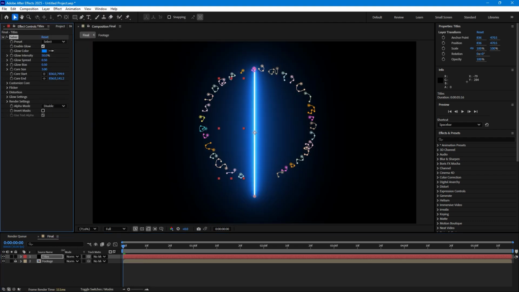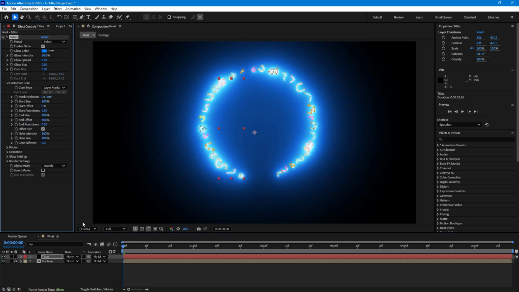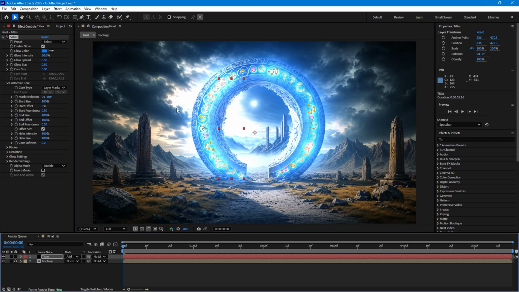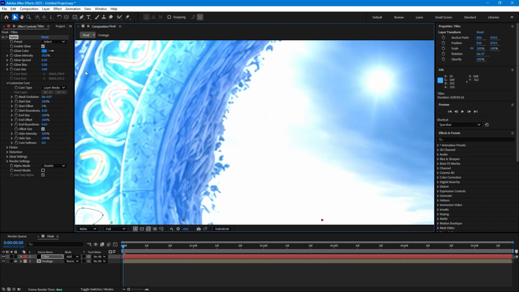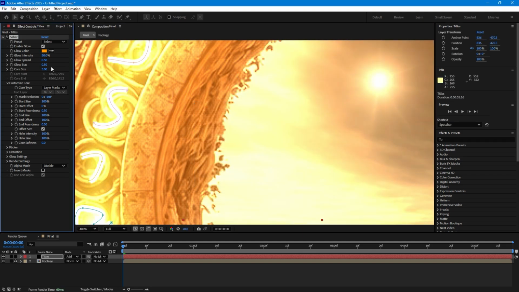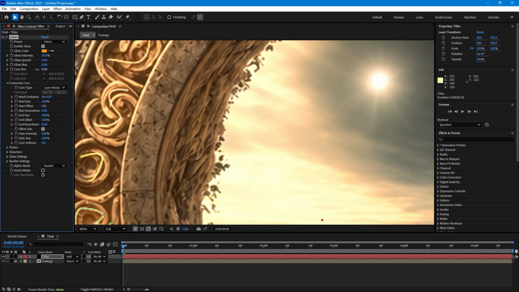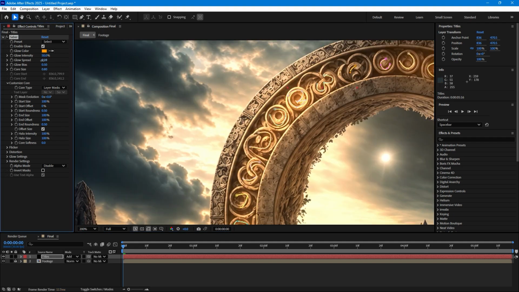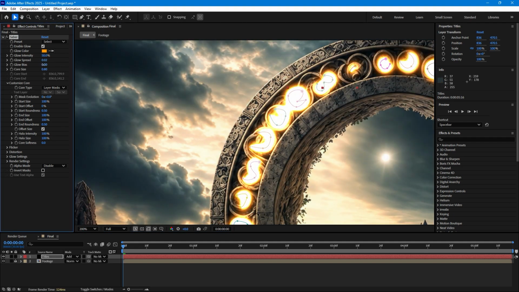And now select the Saber light, go to customize core, select layer mask. And now change the mode by going to select add and zooming. Let's control first the color and change the core size, change the sprite size,